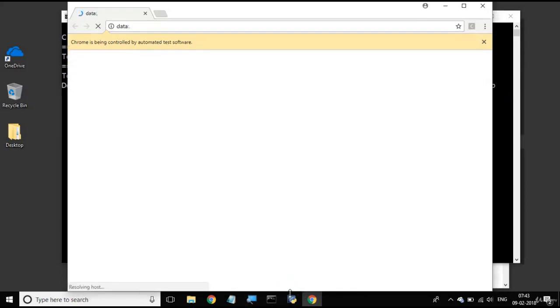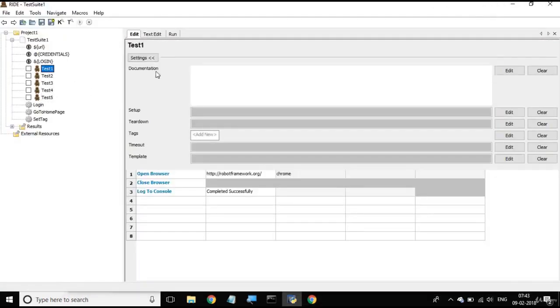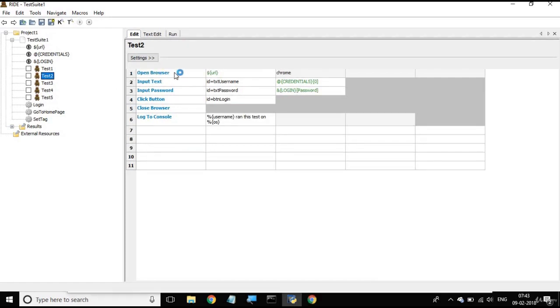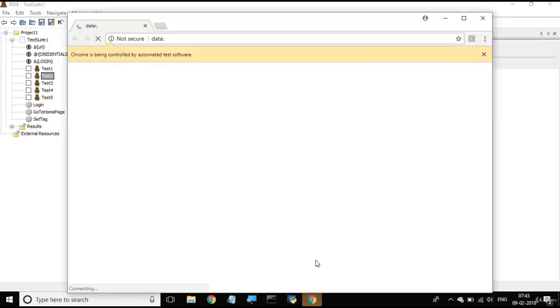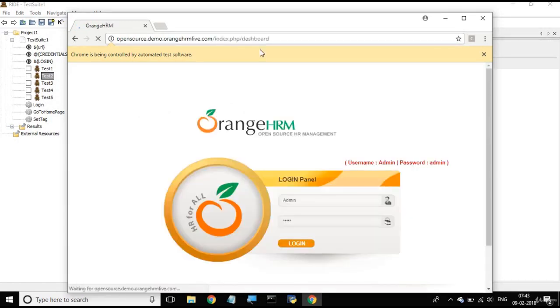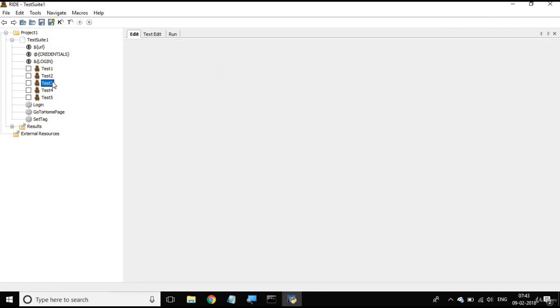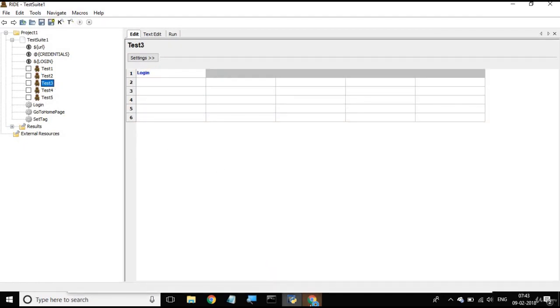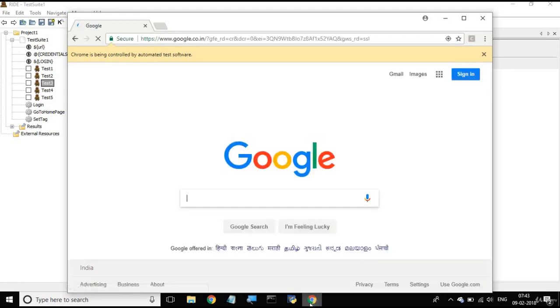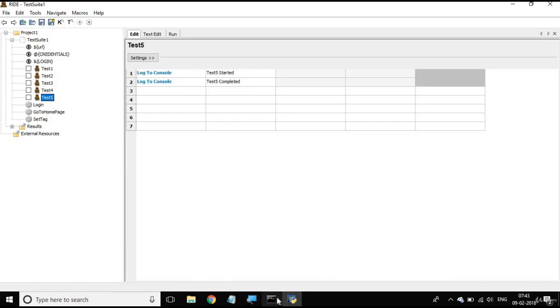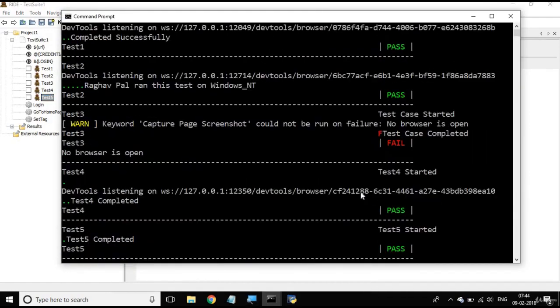Test 1 is going to the browser, so let me show you on the right. Test 1 goes to the browser at robotframework.org, then closes the browser and logs something to the console. Test 2 is again going to a browser and doing a login. I believe now we are on test number 2. It goes to Orange HRM, does a login, and comes out. Then test 3 is again a simple login, goes to the browser, and then 4 and 5. Let me go back, and you can see there are some passes and some failures,